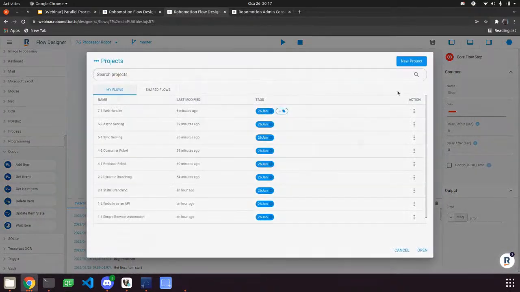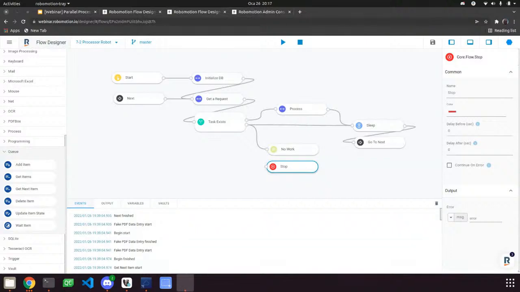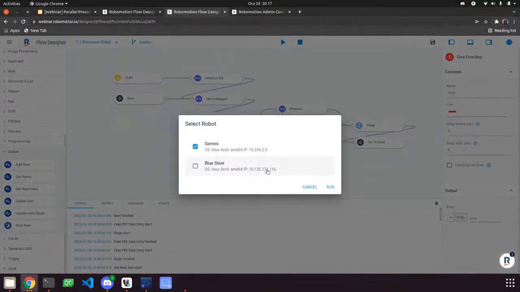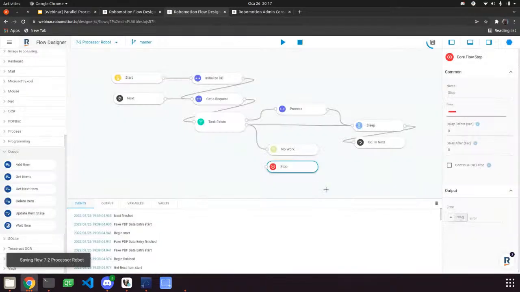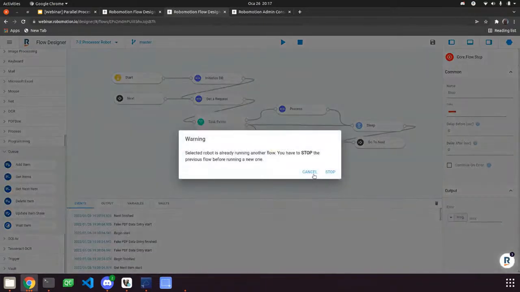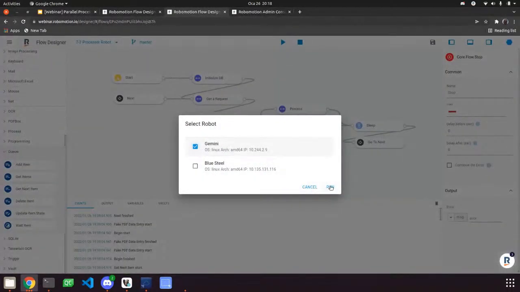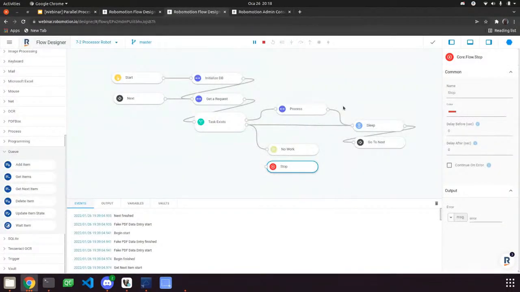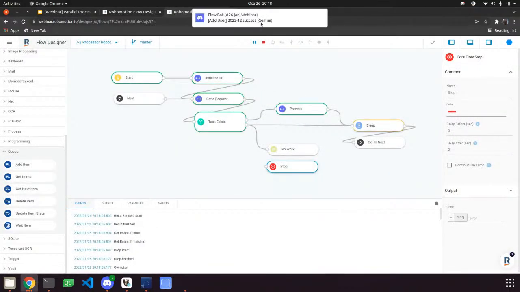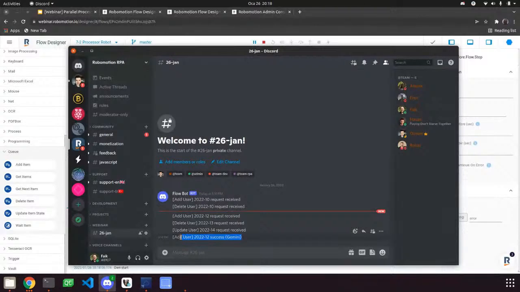Now it is time to run this. To do that, we have to connect another robot. Let's see if we have one. What is the robot running the other flow? It has to be, let's see, this one. It says it is running. Maybe this is the other one. Okay. Now it starts. It gets the request from the database, and you see it has finished this process successfully,